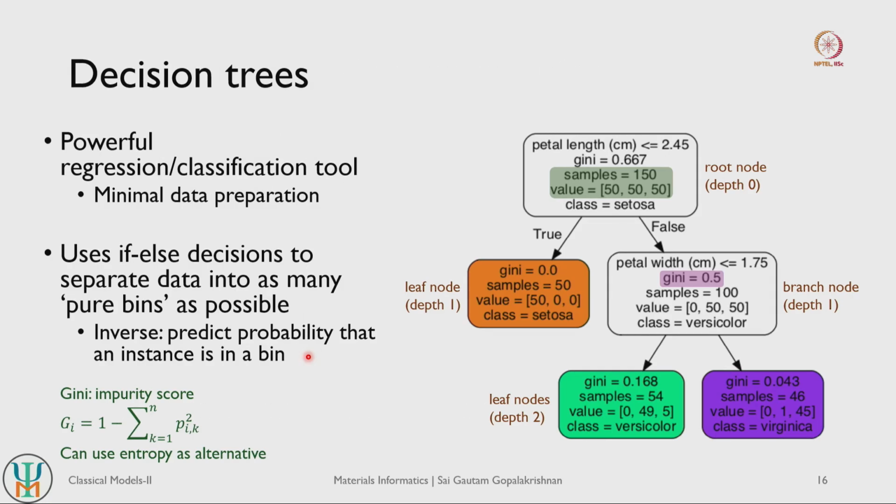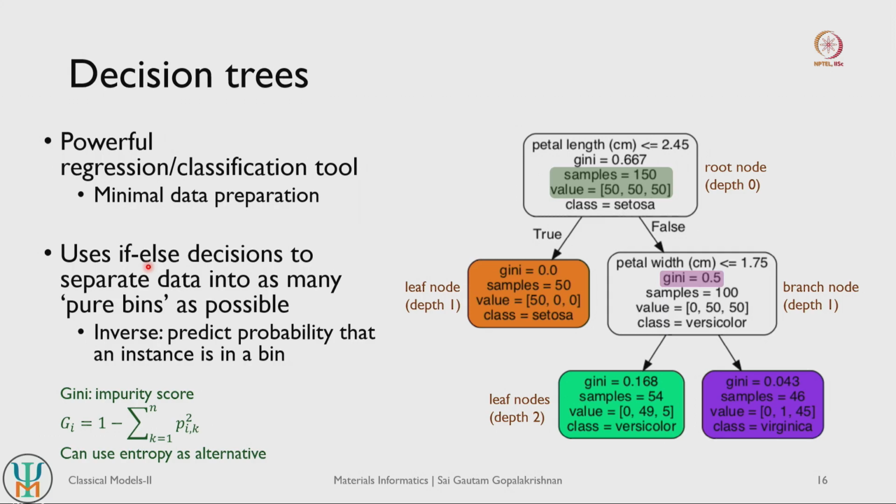Okay. So, that was support vector machines, and support vector machines do represent a very powerful way of creating both regression and classification models. Another classical model that is quite powerful in both regression and classification is the so called decision trees. The main advantage with decision trees is that they often require very minimal data preparation. So, you typically do not have to worry about standardizing or normalizing your features or your target values.